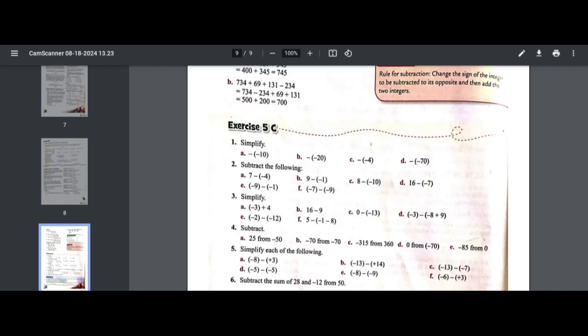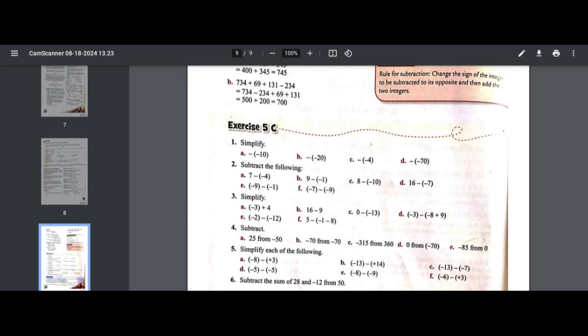For exercise 5C, I will do one part of each question, and the remaining will be for your homework. Can you pick the question for me? I have to do one question from each part, so you can pick any question that you might face difficulty with when you do the homework. I will explain it to you. Choose from the first question which part I have to do. It seems all easy. Even if we didn't solve them, you can just give direct answers to me.